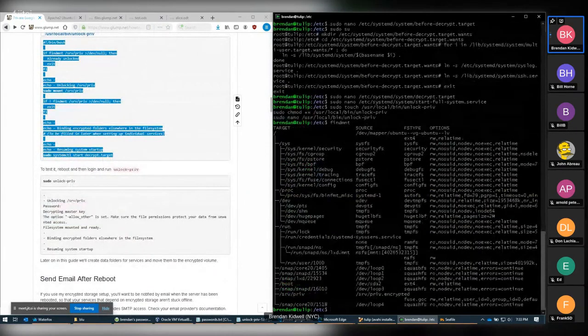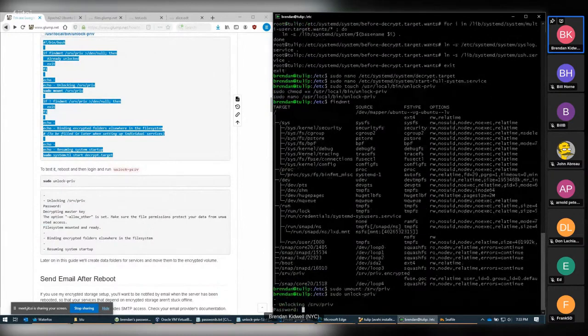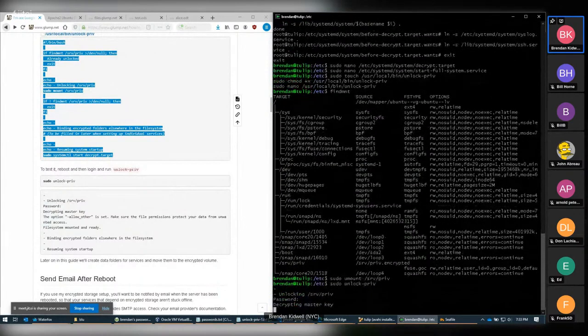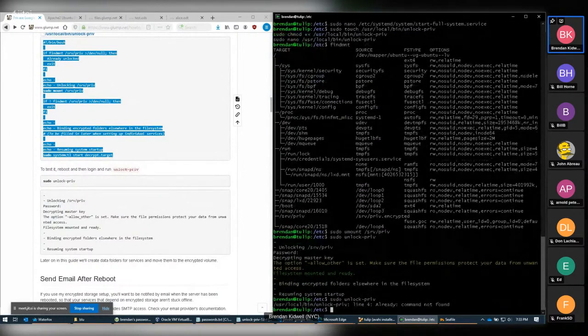Do I have it mounted now? Yeah, I do. Okay, that worked. And if I run it again, it's going to say you've already got it mounted. Or not. Oh, there's a typo in there. Oh, no, I've got a